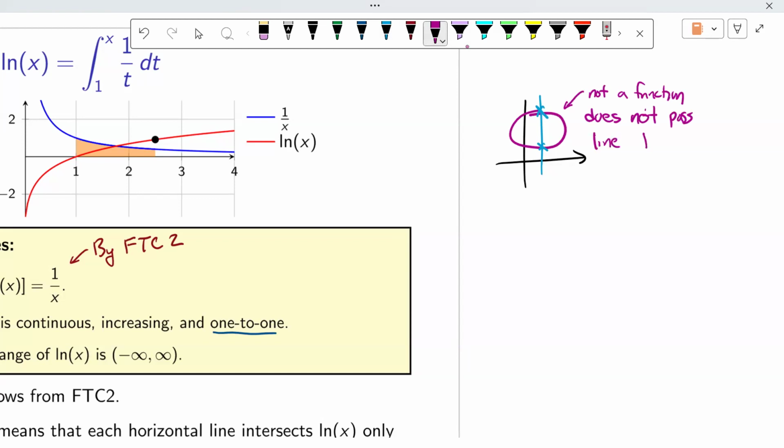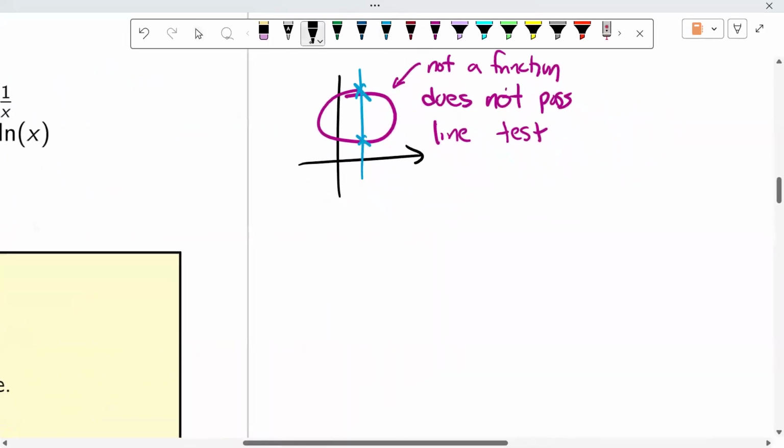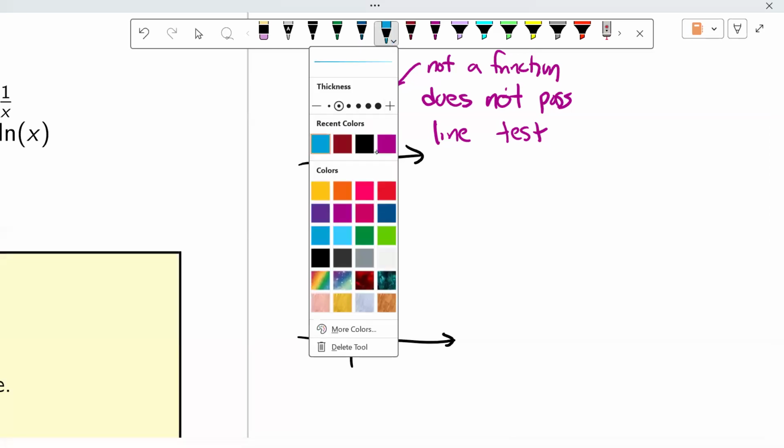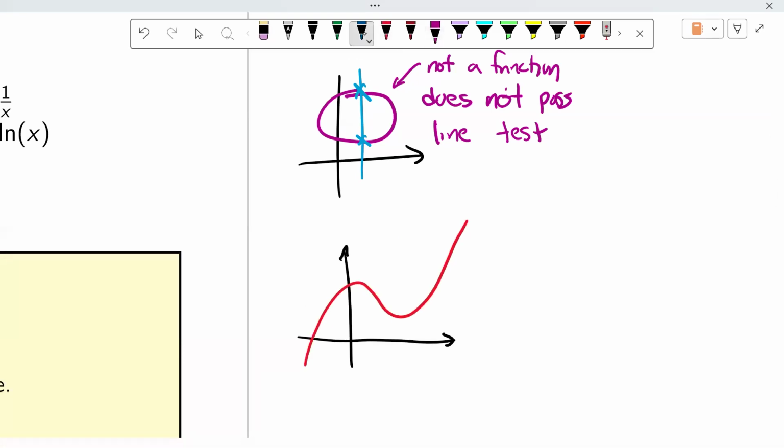Well, what about functions and horizontal line tests? Do functions have to satisfy the horizontal line test? And what's the horizontal line test, you ask? I'm glad you asked. Here, let's pick a different color. Yeah, red. Imagine I have this function. Now let's make it a little bit curvier. There. If I were to draw a horizontal line here, we could see that it only hits at one point. So at first glance, it appears every horizontal line only hits at one point. But if I were to do this one here, you could see that it hits at a lot of points.